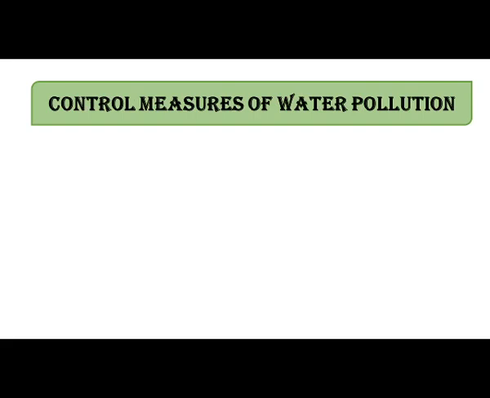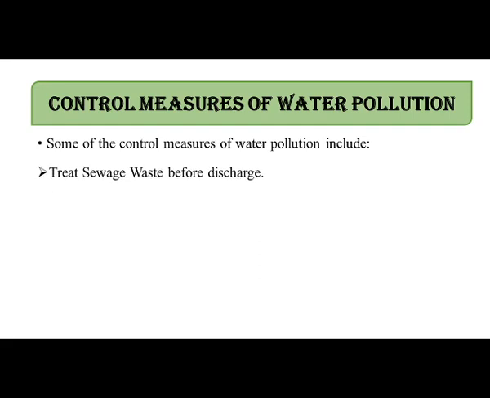Now, let us discuss the control measures of water pollution. Water pollution, to a large extent, can be controlled by a variety of methods. Rather than releasing sewage waste into water bodies, it is better to treat it before discharge. Practicing this can reduce the initial toxicity, and the remaining substances can be degraded and rendered harmless by the water bodies themselves. If the secondary treatment of water has been carried out, then this can be reused in sanitary systems